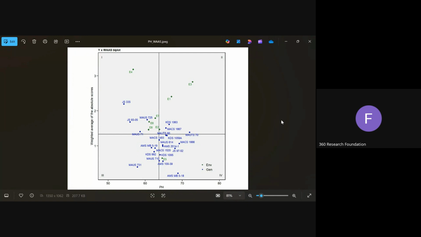Hello, sir. In quadrant 3, no environment is there. In the others, there is an environment. So what does it indicate, sir? So here, as we have told, E4 is unstable. In quadrant 2, all these are unstable, but